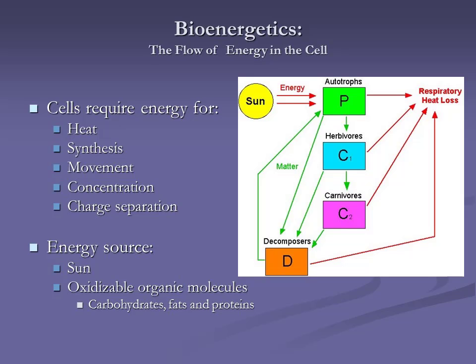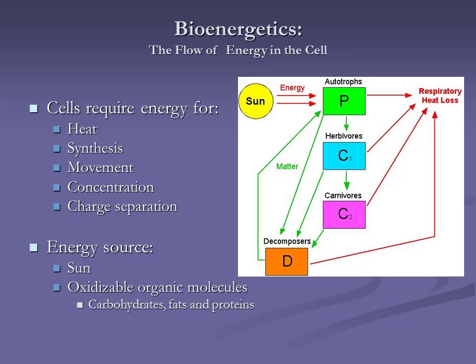And so when you look at this flow of energy coming from the sun being captured by the autotrophs, and that's cool that it's painted green, because what are the autotrophs? Plants. Then we have the herbivores, and what do herbivores eat? The plants. And then we have the carnivores, and what do carnivores eat? The herbivores that eat the plants that got their energy from the sun. You see the flow of energy.